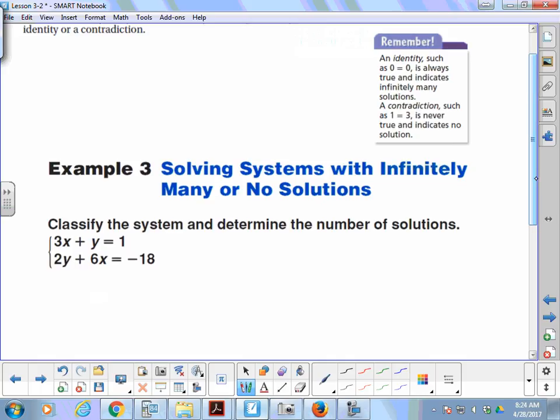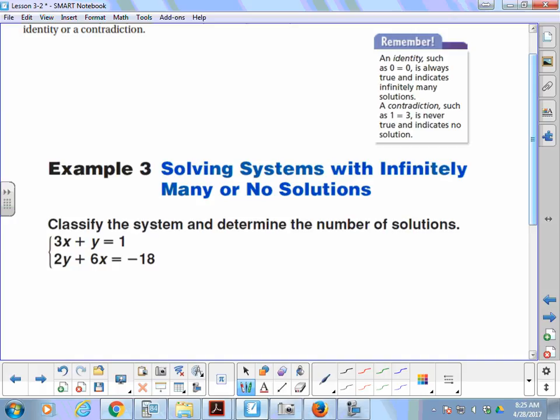Well, we found that I can classify them just by getting them in slope-intercept form. If you want to do that, you can. It's completely up to you. Now, the two things we're looking at here, when we're doing it with substitution or elimination, basically we're going to look at this as elimination. The thing to remember, and this happened on the test the other day actually, is